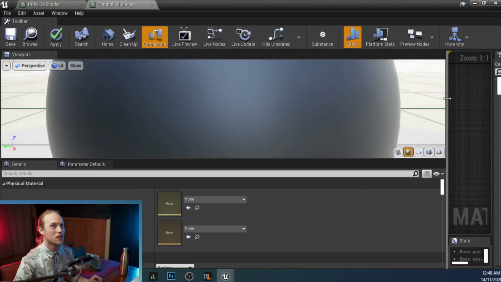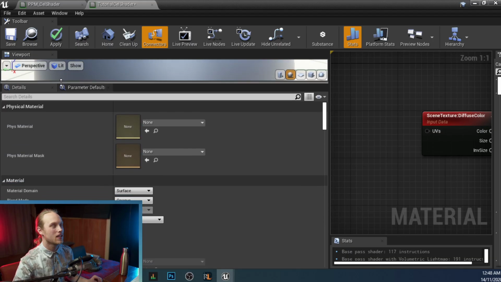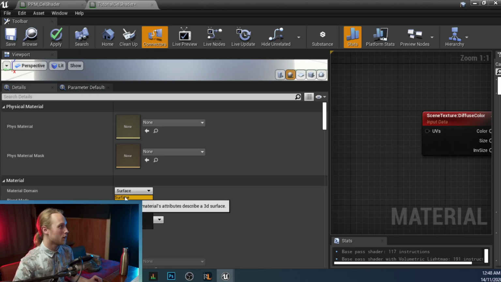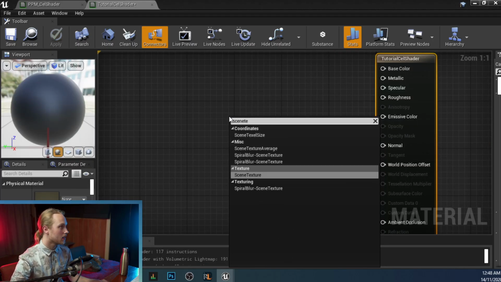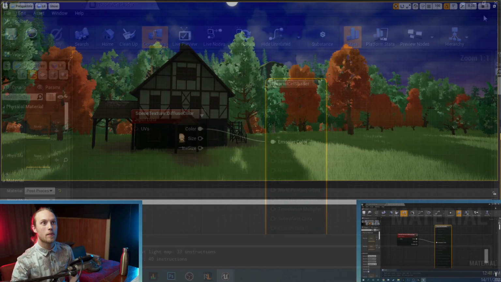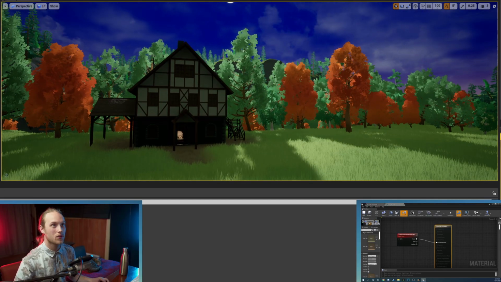First thing we'll do is down here, where it says Material Domain, we're gonna click on that, and instead of Surface, we're gonna click Post-Process. Bam. Let's grab Scene Texture, and just for now, we'll grab the diffuse color. All right. Back to our main screen, you'll notice nothing is different, and that is because we need to go